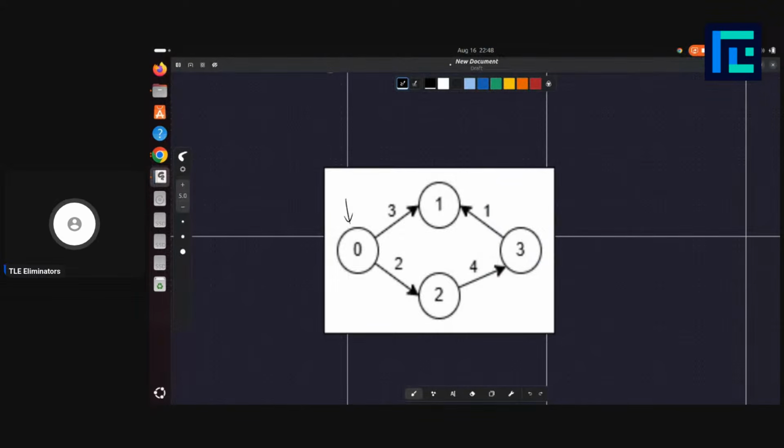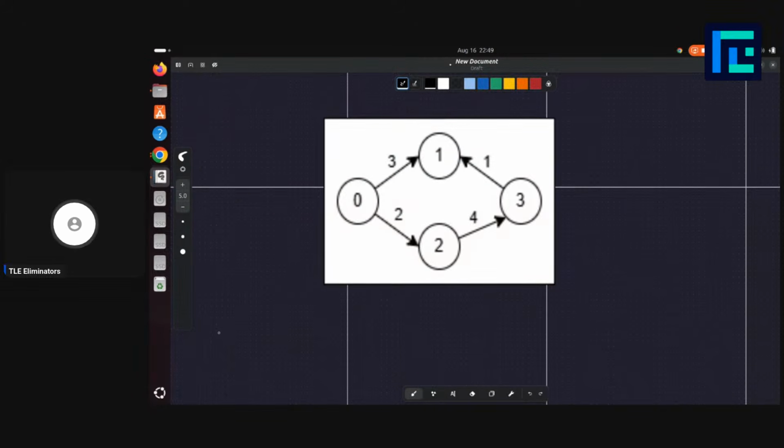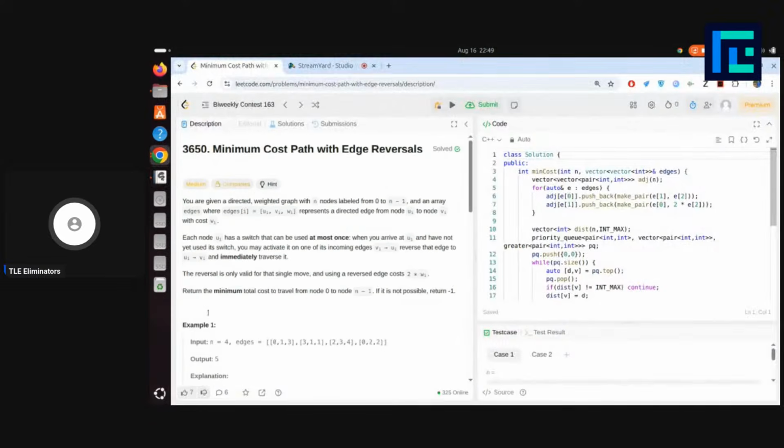So how do you actually solve this? Now, actually, in this problem, there is only one simple observation, and if you have that observation, then there is no problem in solving the problem. Like, see, let me just tell you a solution of this graph problem, and we'll discuss why it is correct. Okay. So, all right, in the problem, what they are saying is that we can reverse one of its edges,